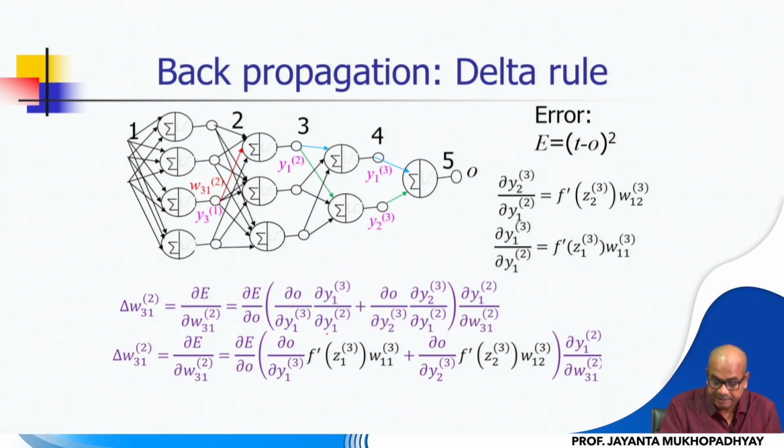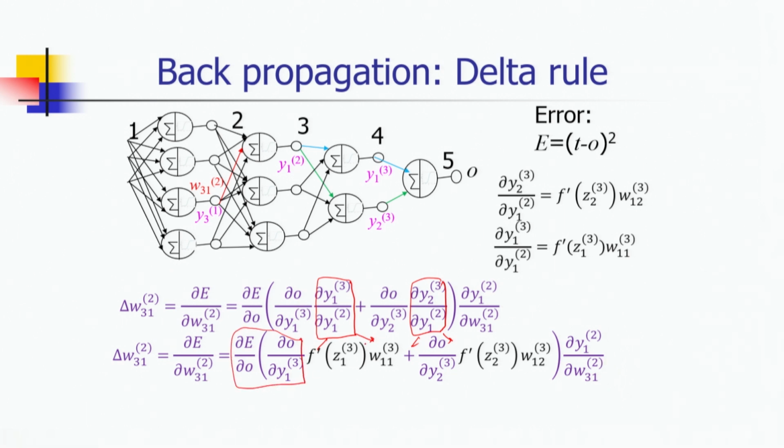So this is expanded here. You can see that this term is expanded into this form. Now while doing the delta rule, we will actually be using the composite values, and because this value is also a product of these values, it is already computed. So at this stage, to get the derivative of E